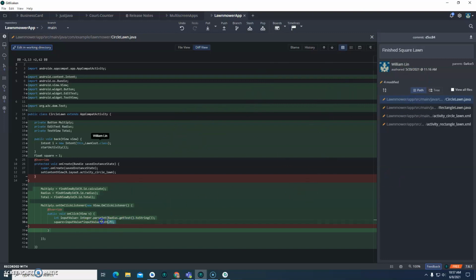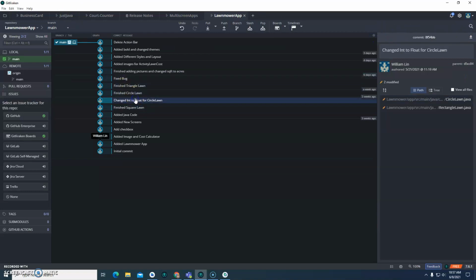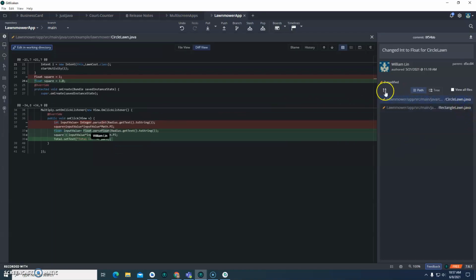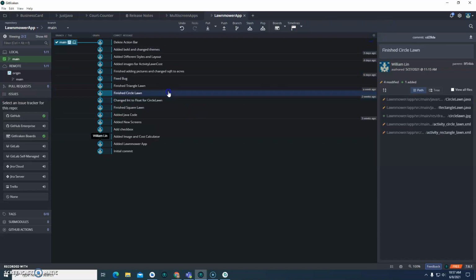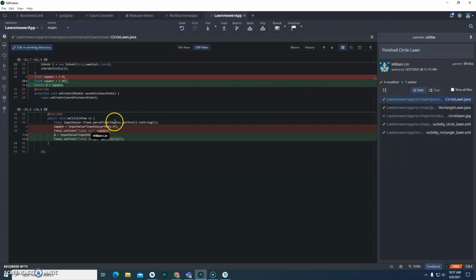You can see I still didn't fix it up because it's still in integer mode. It should be in float, but I didn't change it yet. Here we start changing the integer to float for circle lawn, and this makes it so we can actually do some math. I still had some errors popping up, so I decided to commit this so I can save it for later. Here in our finished circle lawn, we finally finished it,